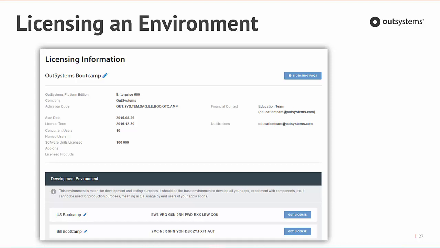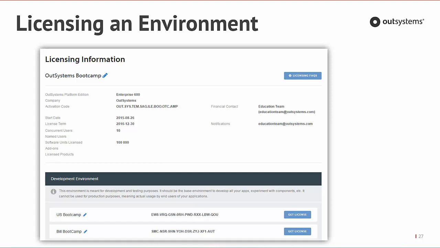Entitlements which are not in use will display a Register New Environment button instead of the Get License. This allows registering a new environment by introducing its serial number. When you install the platform, you will get a serial number, and if you come here and set that serial number as a new environment, after this operation, the entitlement becomes in use, and you'll be able to get a license to install on your platform server,